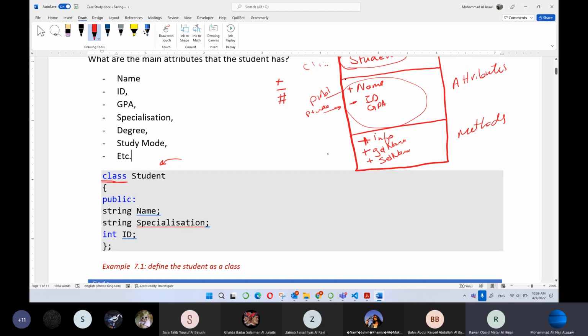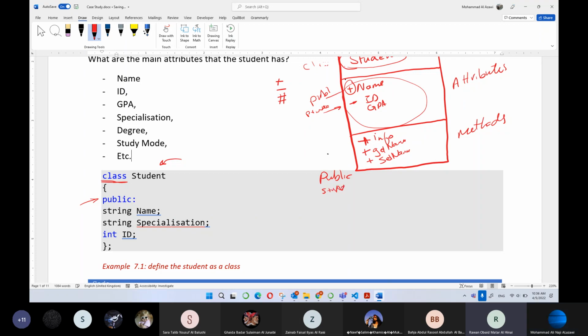After that, I will check the access specifiers. Here, at the beginning, we considered everything public because I'm just giving the attributes, but later we will change this to private. In your case, when you find, for example, name is public, then you will put it as public